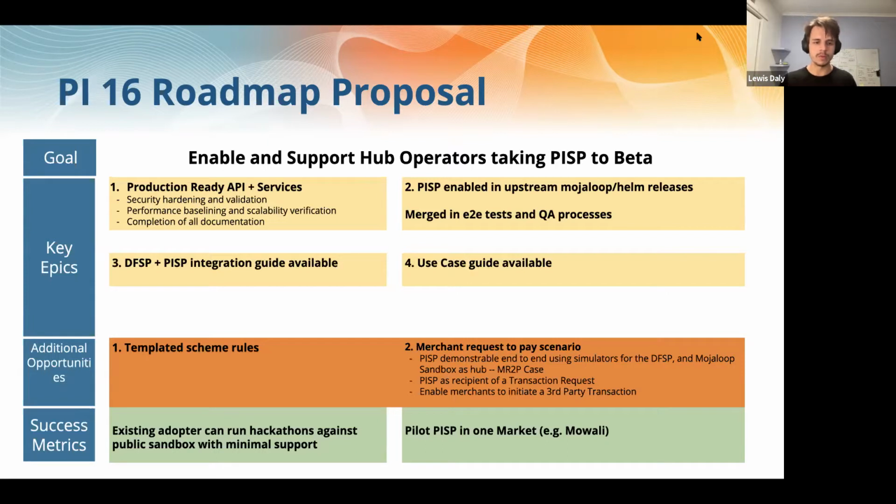What we want to be able to do in this PI, we've got us mostly to the point where we can run a hackathon, and I'll talk more about that in a later presentation. We're one month away from having a hackathon with the Monetary Authority of Singapore, and we're going to be ready enough to have something for the participants to work against. We're working on use case guides. We're working on deploying our APIs in a public sandbox that people can use, and that includes the PISP APIs.